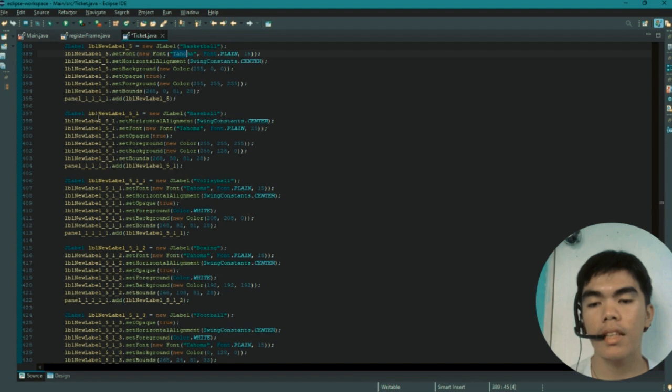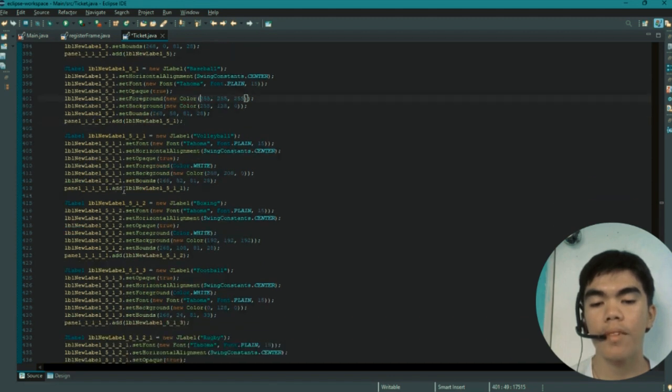So next is this JLabel, and have a string Baseball. This is set to horizontal alignment center. Set the font to Tahoma, Font.PLAIN, and size 15. Set foreground to new Color, set background to new Color, set bounds to 268, 58, 81 and 28, and added to our panel.